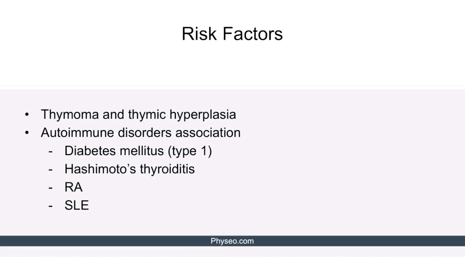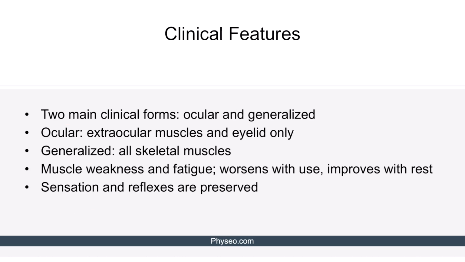Myasthenia gravis is highly associated with thymoma and thymic hyperplasia. It can also be associated with other autoimmune disorders, such as diabetes mellitus type 1, Hashimoto's thyroiditis, rheumatoid arthritis, and systemic lupus erythematosus. Myasthenia gravis can present in two main clinical forms, the ocular form and the generalized form. The ocular form mostly involves the extraocular muscles and eyelids only, while the generalized form can affect all skeletal muscles